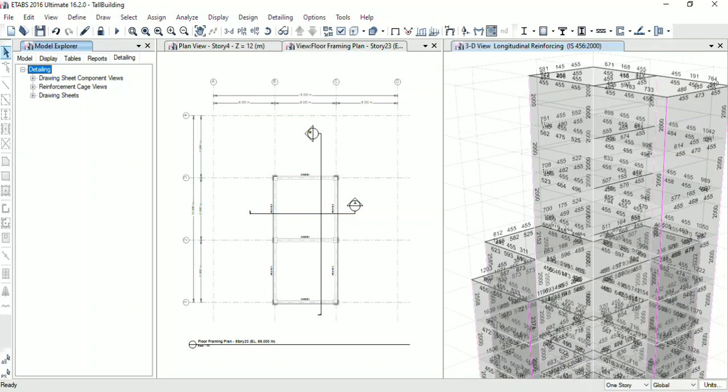So all the detailing diagrams are generated. We can go to any of the subcomponents to see the detailing in detail.